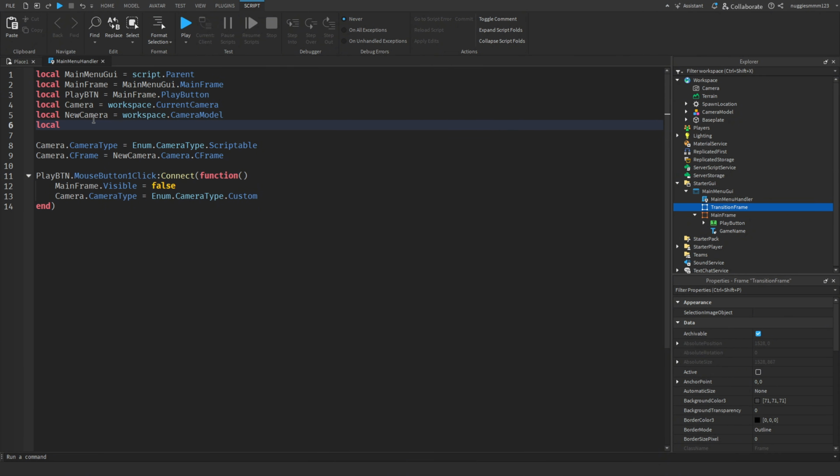Local transition frame is equal to MainMenuGui.TransitionFrame. This is our transition frame. Now what we're gonna do is over here we're going to do